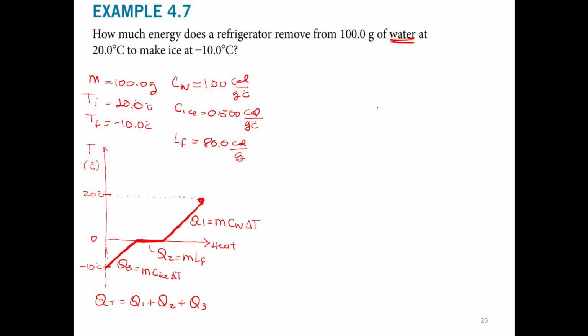Now we understand what is happening and what equation we need to apply. We just need to calculate the different heats. Let's start with the first one. For the mass, we are going to apply this equation. The mass will be 100 grams. Let me write it with the correct number of significant digits: 100.0